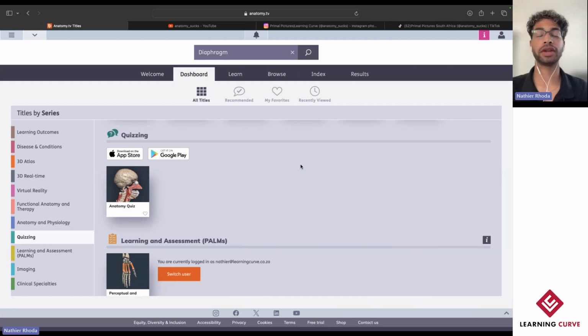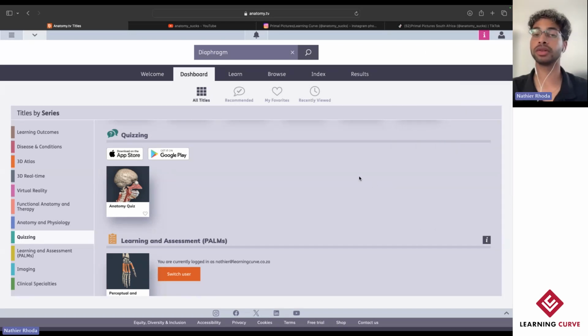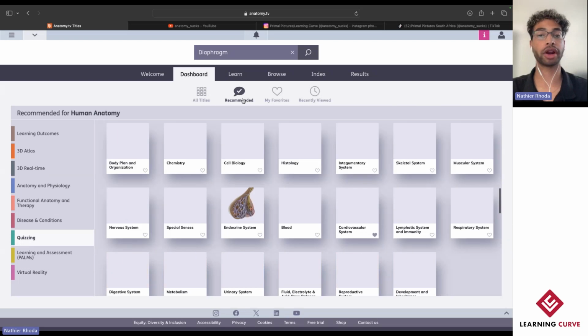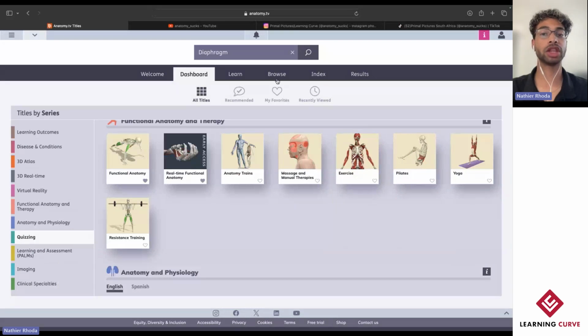Let's now briefly summarize what we took a look at before we hop over to the different social media channels and demonstrate where you're able to find the additional media options available to you. We first explored how to access Primal Pictures as a web-based application at anatomy.tv. We then took a look at the personalization option in the form of a personal profile, which allows you to select your occupation as well as specialization. Following that, we took a look at the three different options that further open in the form of your recommended, favorited and recently viewed. We explored the various search options in the form of browse, index, and results,